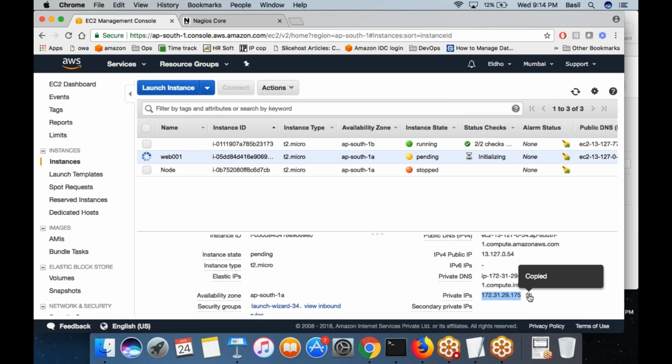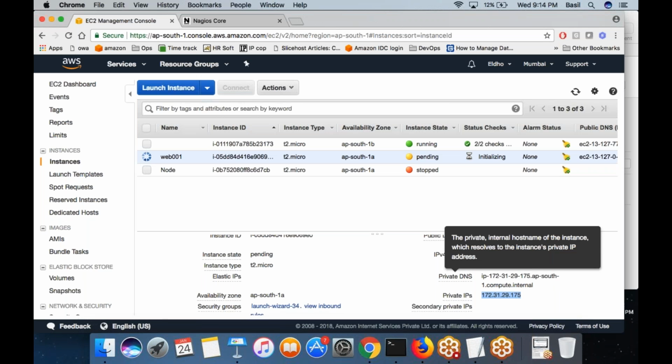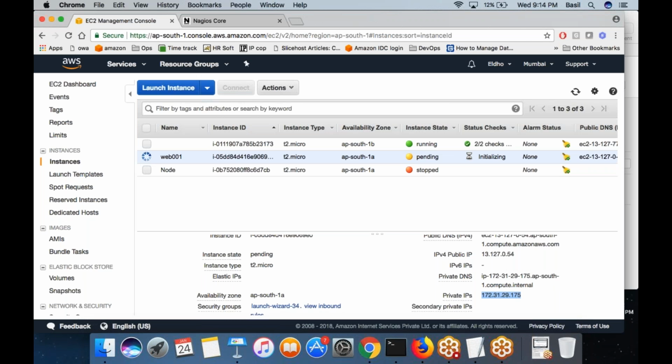I always prefer to use private IP, because I do not want the communication happening over public IP unless it is mandatory, right? Normally, when you want to do some monitoring, and as long as the machines are in the same VPC or same local network, always try to do it through the local IP or the private IP, so that the machines can directly communicate with each other without going to the internet. That's always better. So I'm going to define a new host in my Nagios. This is the IP address.